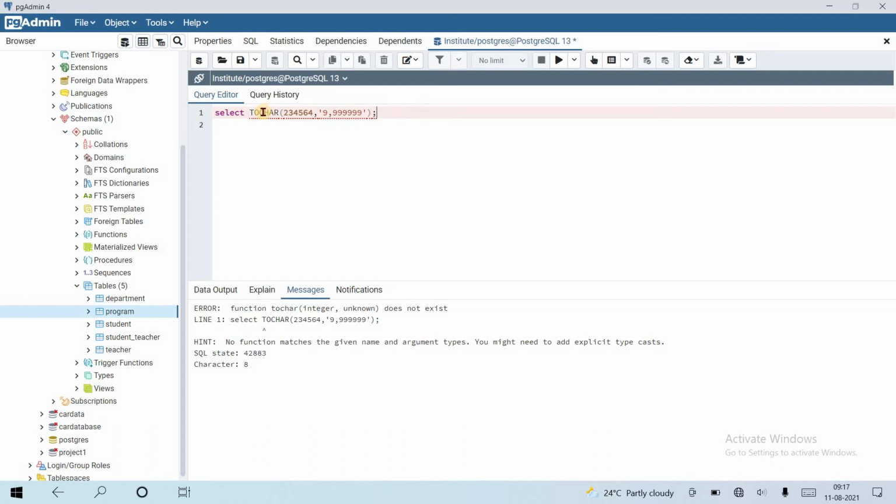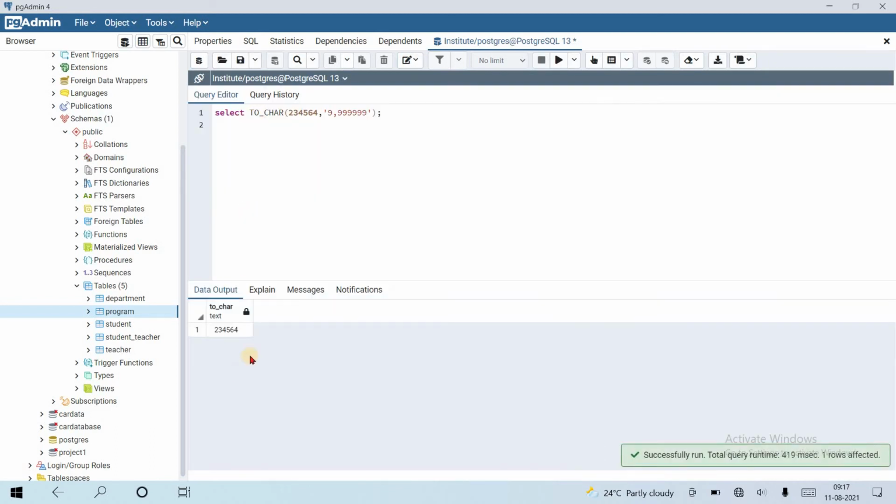To_char gives us 23456, only up to 6. The last 4 is excluded, because here it starts from the left and gives us 4 at last.